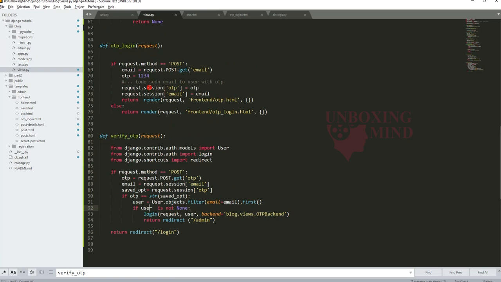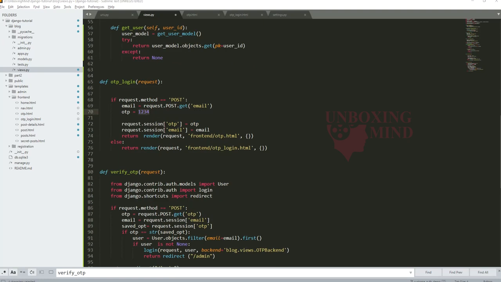Now one more thing we have skipped here, that we need to send this to the email address. For now we can just use the random function here. We will import the random function, and then we will generate a 4-digit random number. So something like import random, random.randrange.